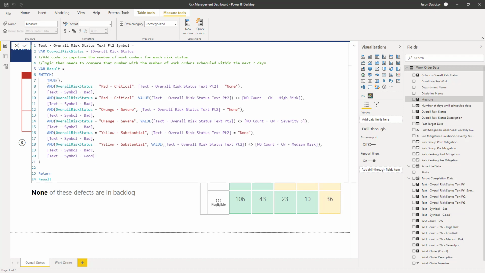Okay, so yep, if it meets this logic, it'll be the bad symbol. It'll continue down. If it doesn't meet any of these logic statements, it will just default to the good symbol. And that will happen if, for example, we have all of the work orders that are currently at red scheduled in the next 7 days, because it'll check here,